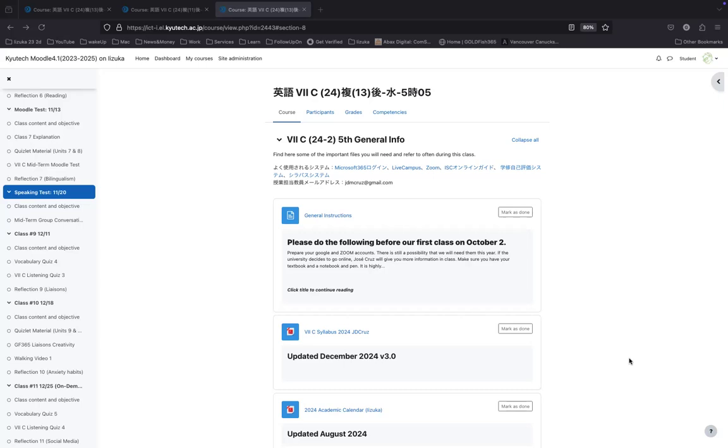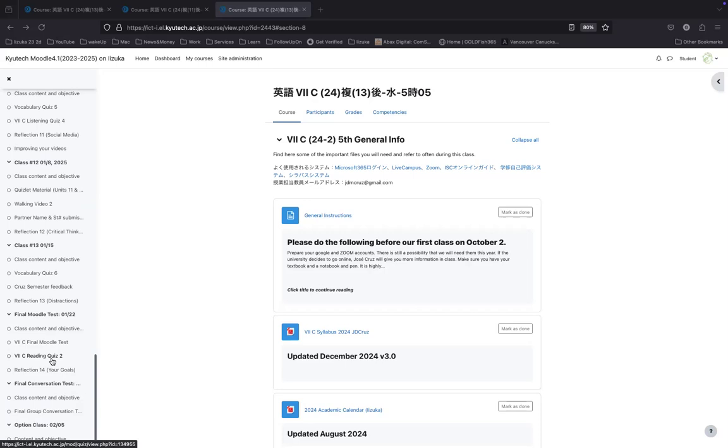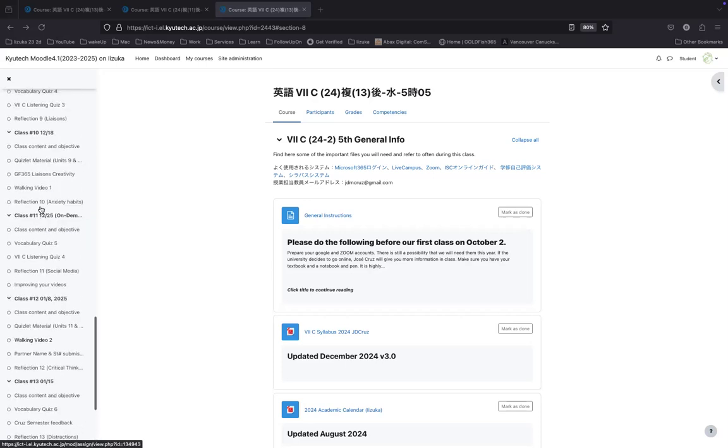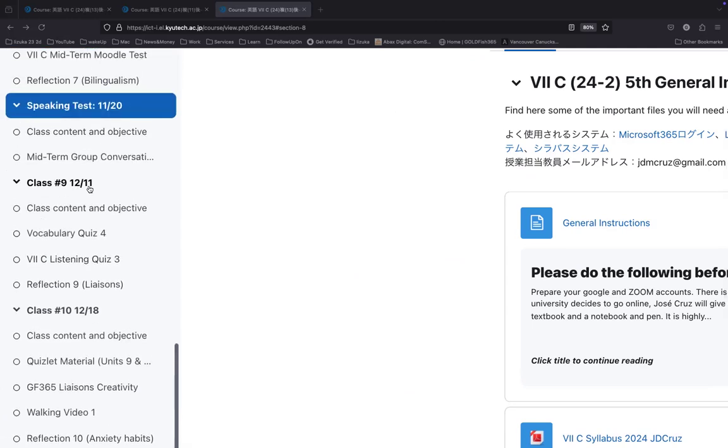The next 2 weeks after this, that will be November 27th, and I believe December 4th, those 2 weeks after this week, we don't have any classes. We come back on December 11th. So from this test until December 11th, we don't have any classes. Until then, keep up with your Duolingo and maybe try to do some shadow talking in between so that you don't lose the skill that you have.